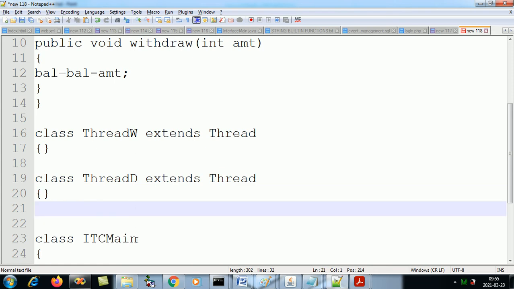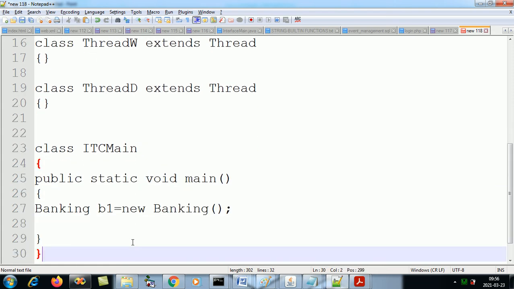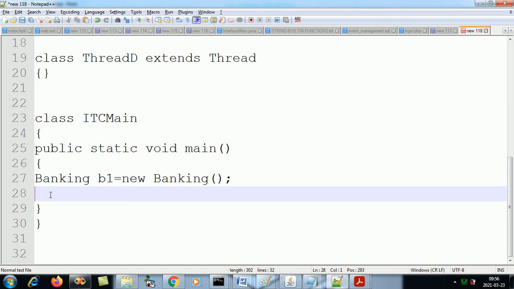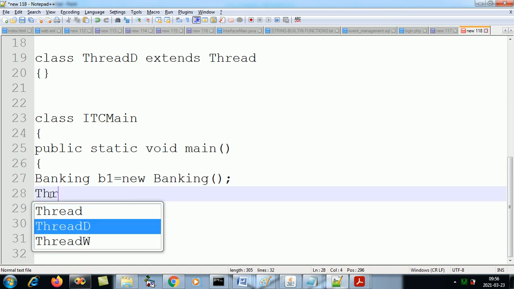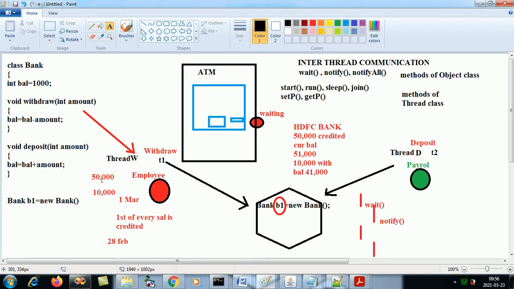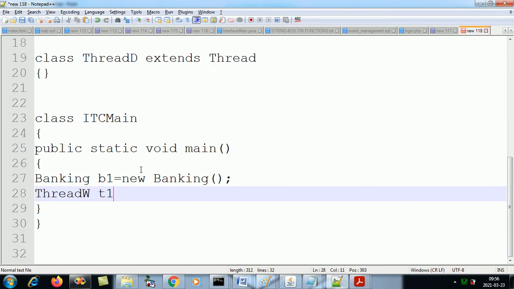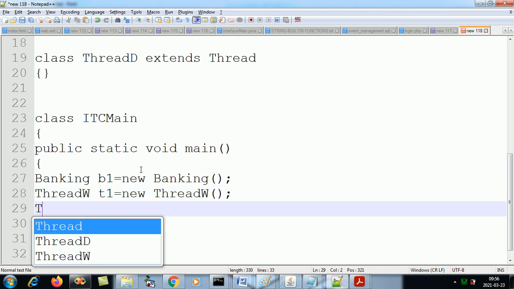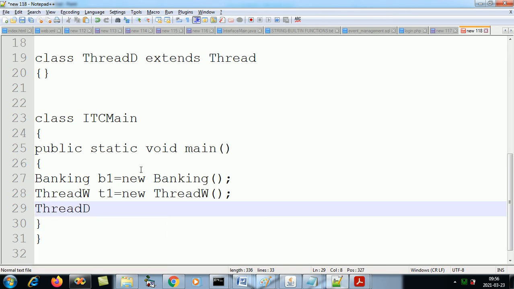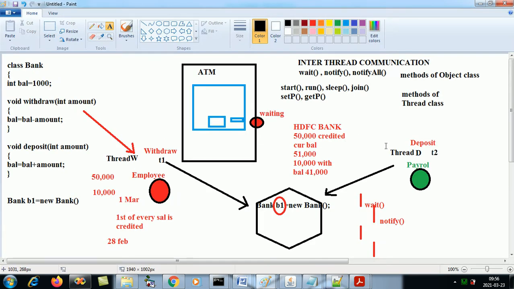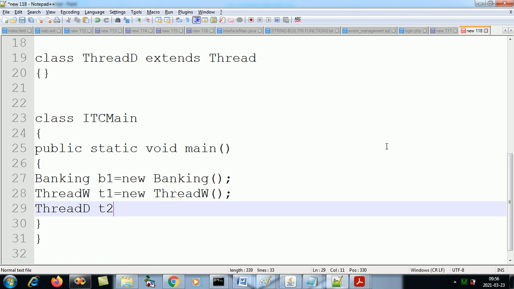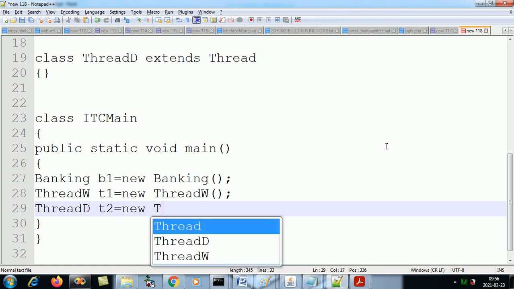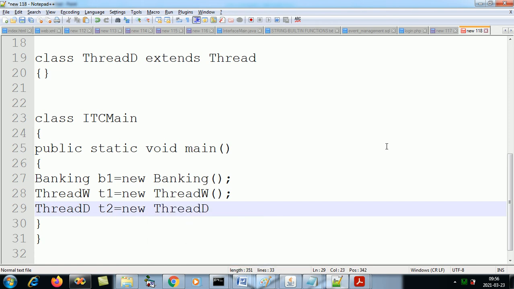Now let's make objects of these two classes. So thread withdraw is T1, right? Thread withdraw is T1. T1 equals new thread withdraw, and thread deposit, the thread that is depositing, is T2, which is new thread deposit. Okay.